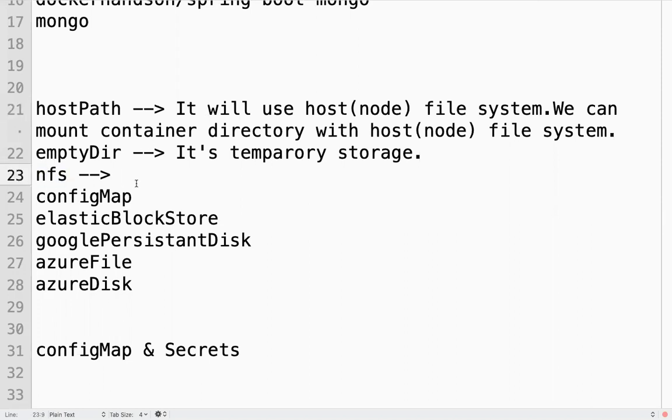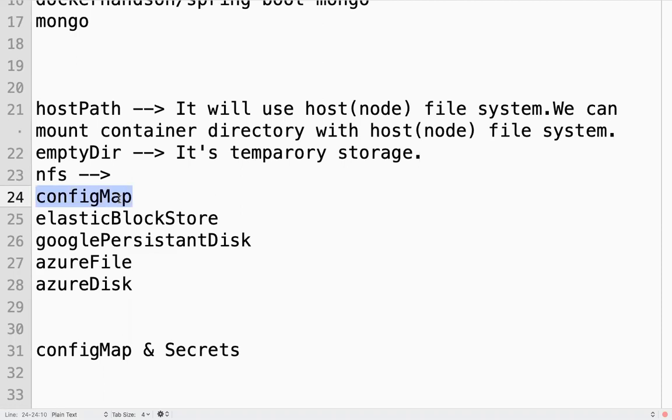So if I use NFS, network file system, instead of the host server where our pods are scheduled, we can use network file systems. You can have a separate server where you can manage the file system. You can use NFS. We can use config map as a value, but we will not basically use it to maintain some data.